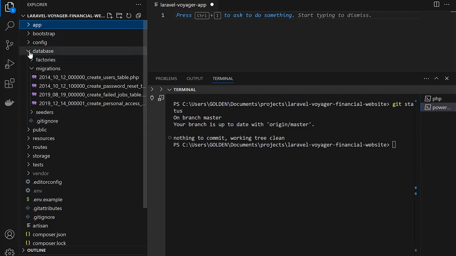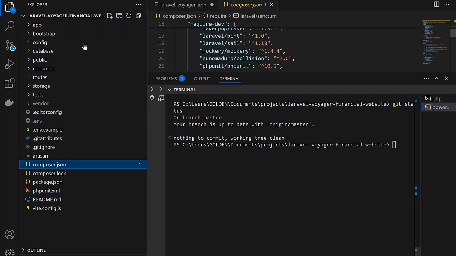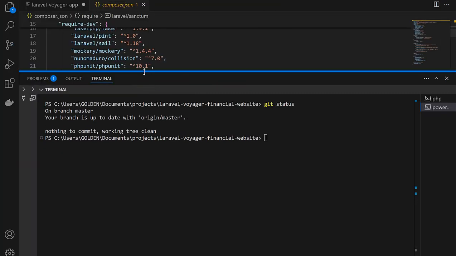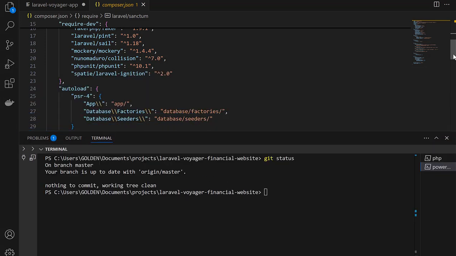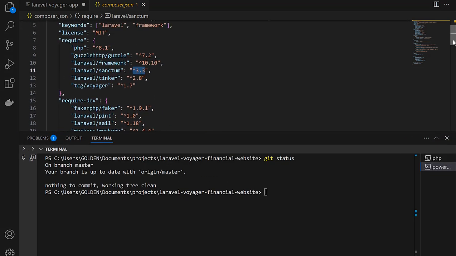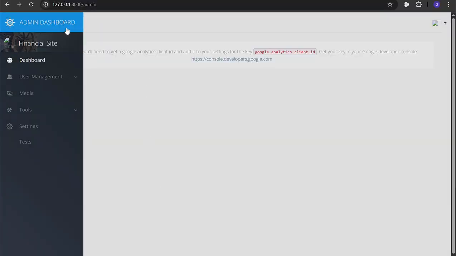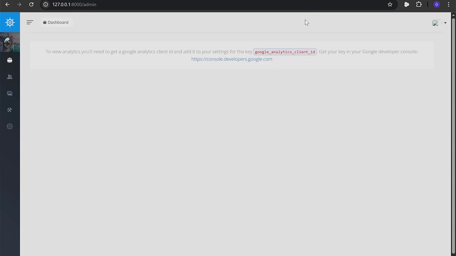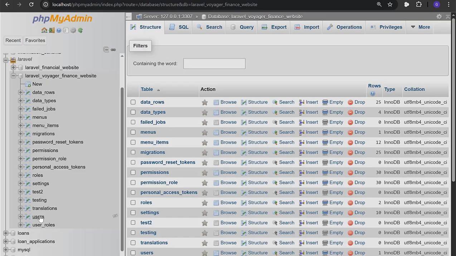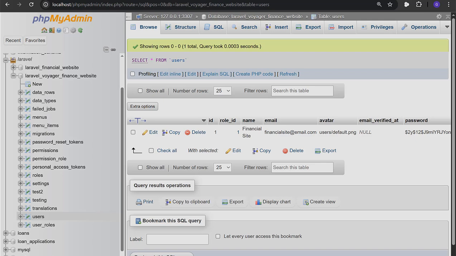In the previous video, we managed to install a stable version of Voyager that is compatible with our Laravel framework version, which is Laravel version 10. In terms of the version for Voyager, we installed Voyager version 1.7, and we also successfully set up our admin dashboard. We created an admin user for our admin dashboard, which is this,